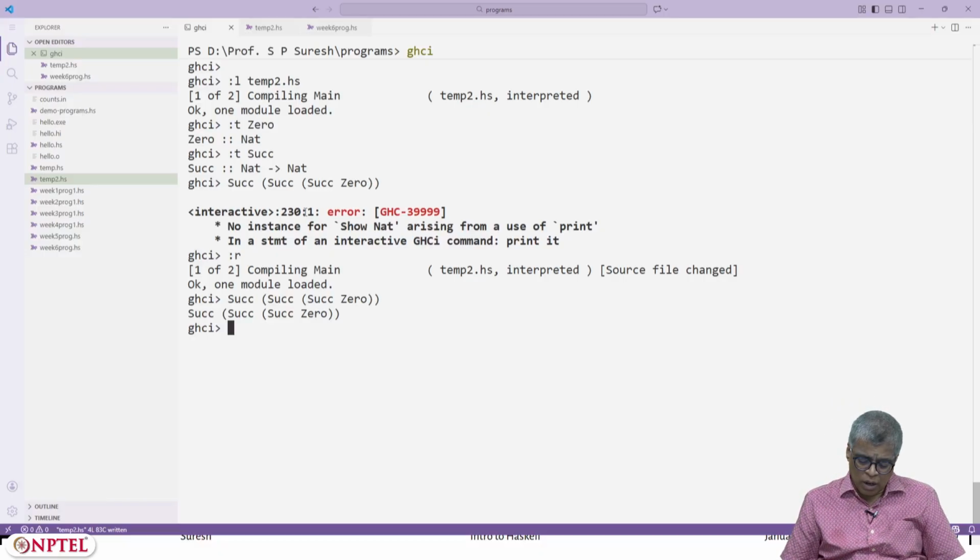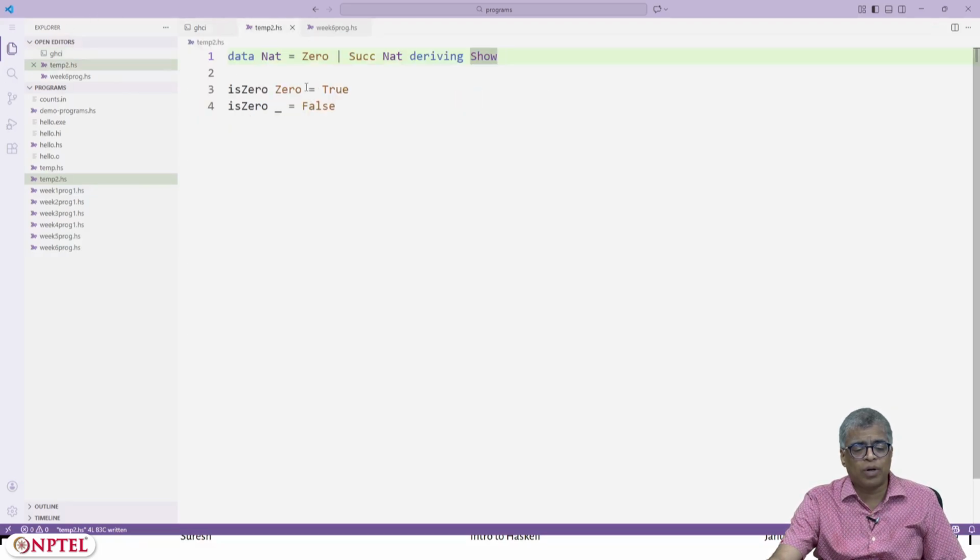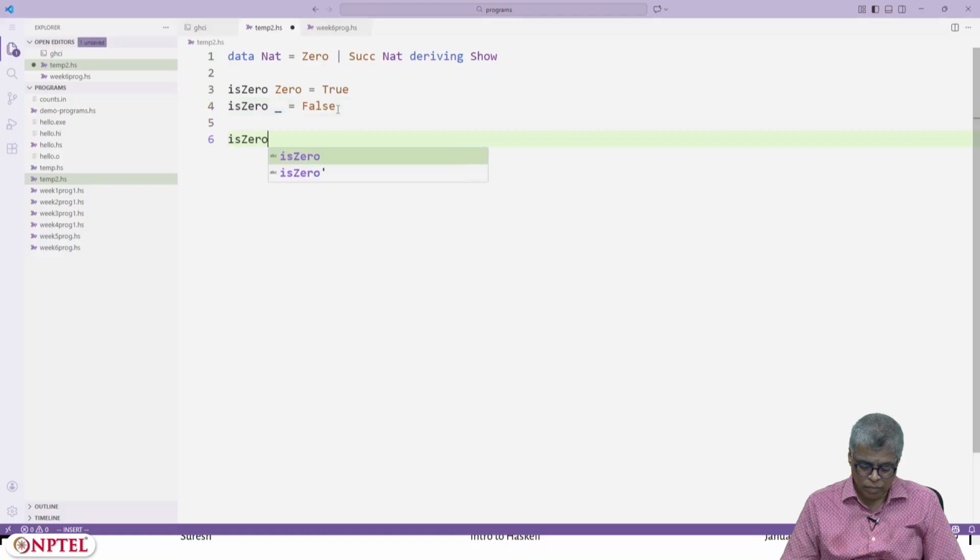Now we might want to implement the is0 function in a different manner. We might want to say is0' of n is nothing but n equal to 0.